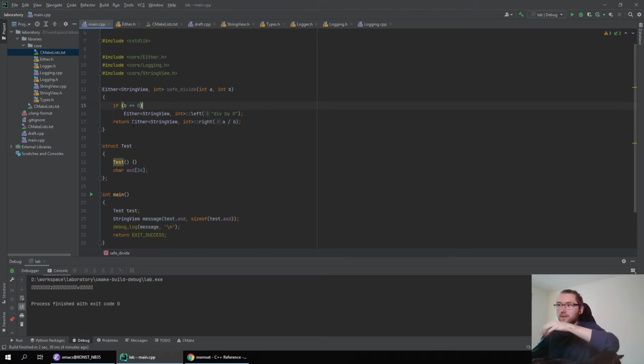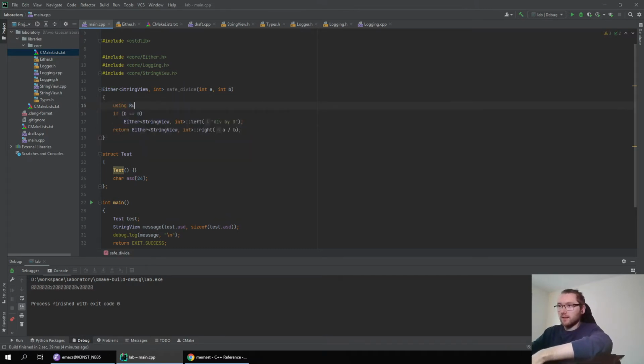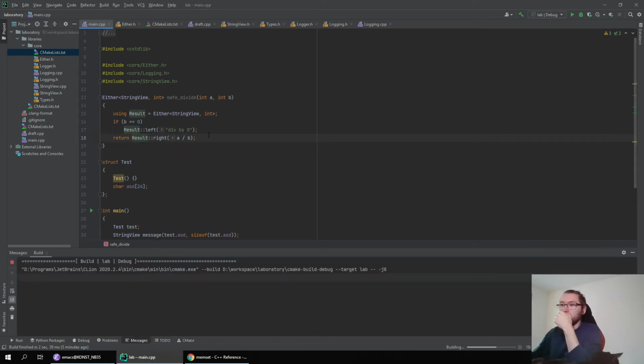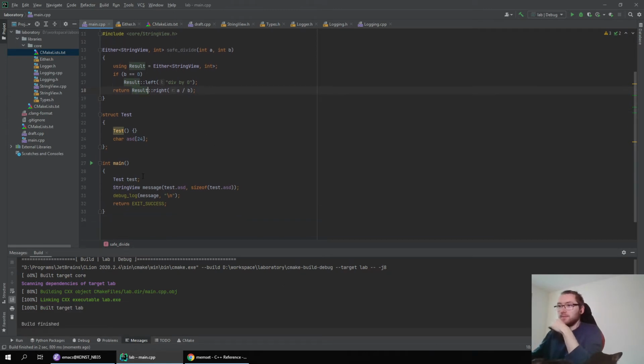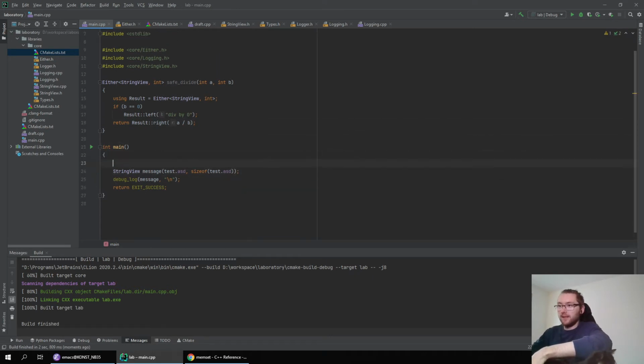But now I don't like that I have to repeat this horrible type. So do something like this, and now it reads a little bit more readable, I suppose. So now I should be able to create an either type. So okay, let's remove the test and let's call it.